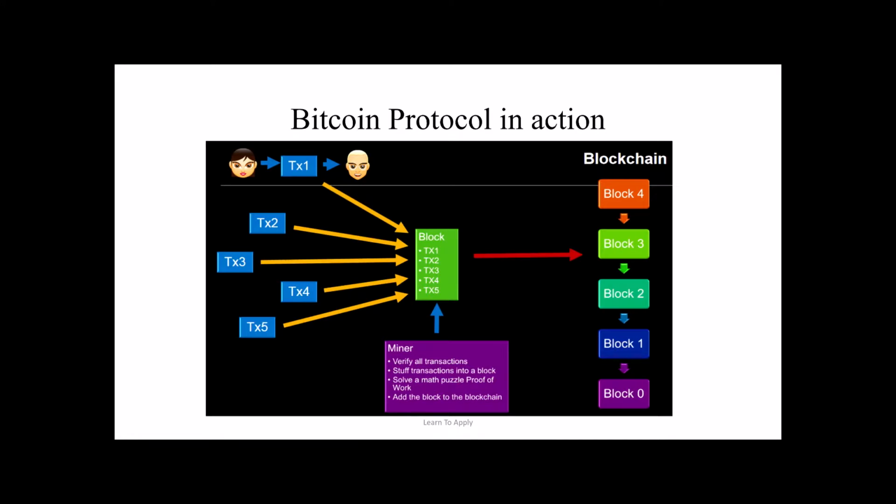If we go to the next slide, this is how the scenario goes. If you look here, there are persons trying to send a transaction from their wallet to another address. This is the transaction. Same goes with others. It could be person A trying to send to B, or person B trying to send to D. Everything can happen, because Bitcoin is public, so everyone is free to do transactions. Unless they don't have the balance, they won't be able to do that. But once they have the balance in the wallet, they can send transactions to other participants in the network. So we have 5 transactions here.